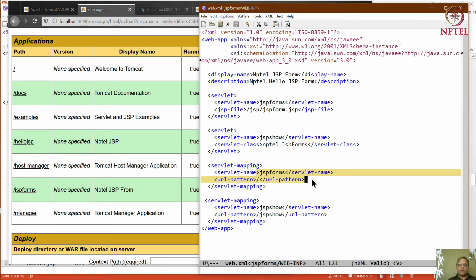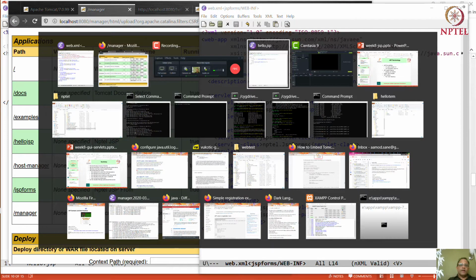So JSP forms and / is the opening URL, and that will go to a servlet. But as we have seen, it is actually a servlet underneath, even though it looks like a standard JSP to us. This is identified by using the JSP file tag rather than the servlet class tag. So we will open by going to a JSP file.